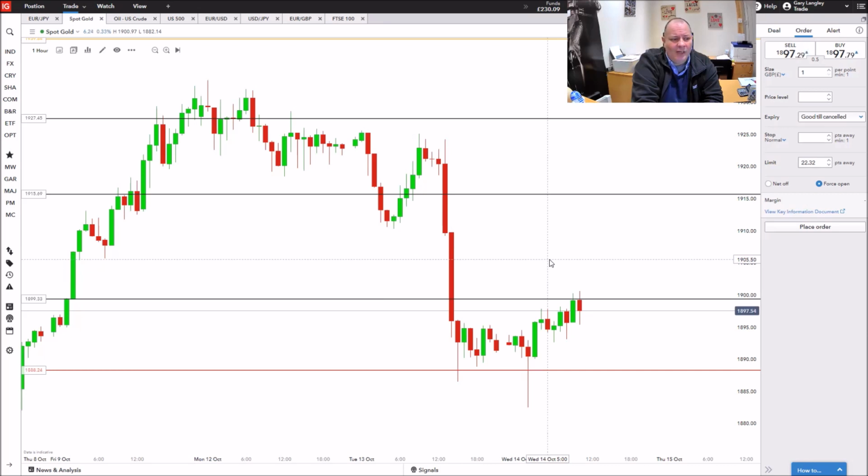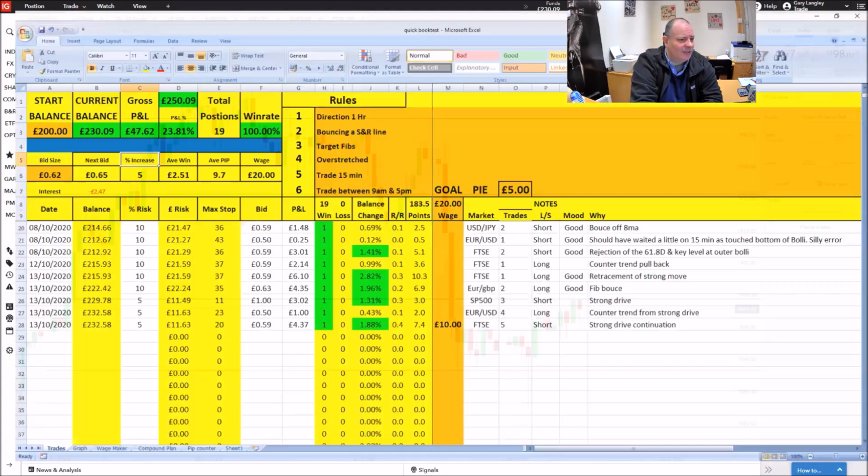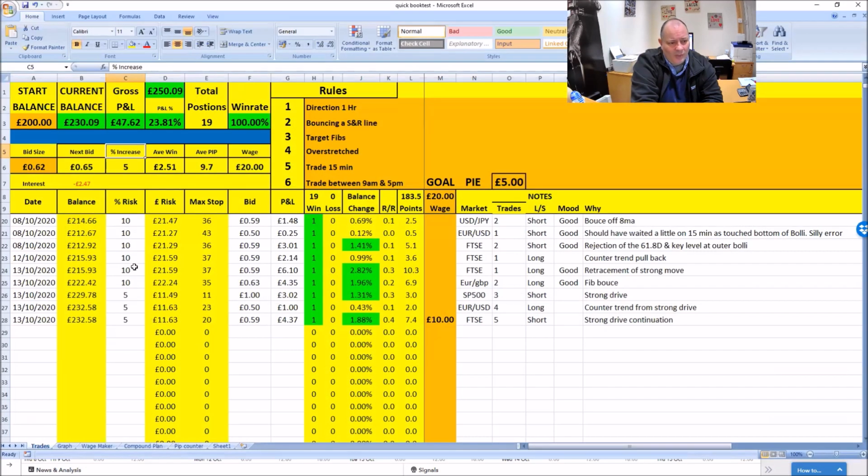The only problem that I have with it is it's not a big move. You see, it's only about 7 points. And because this is priced out of point, it's quite a risk for a small return. And the other thing that I'm looking at on this, if you notice, my risk is coming down nicely, because